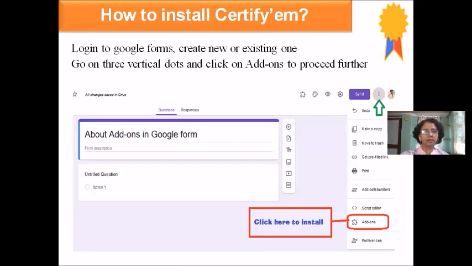Now this is a simple step. After that we need to connect it. If that add-on, the Certify'em, is not present in your computer, just go to the add-on button. I will show you practically: from this services, open the add-on and then install Certify'em on your computer.